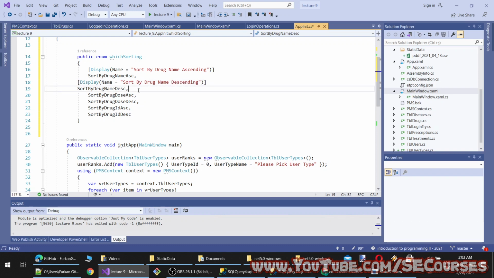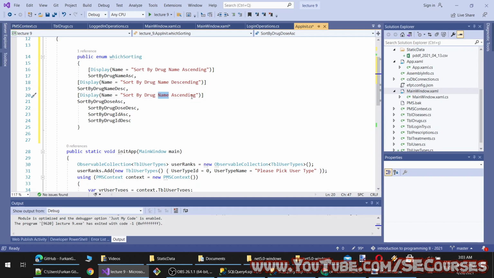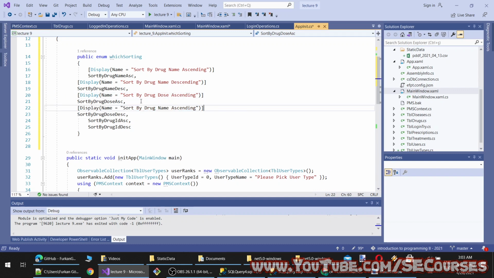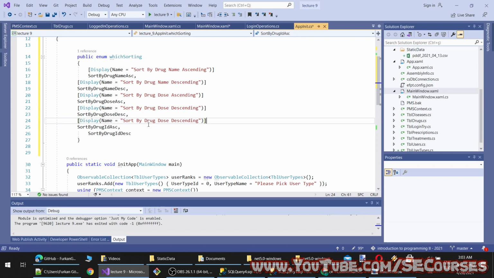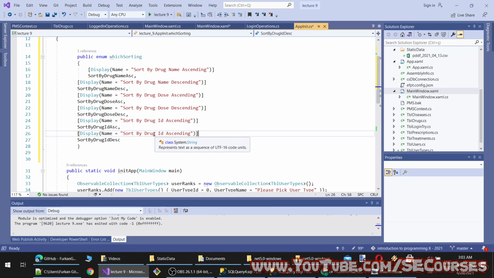Sort by drug dose ascending, drug dose descending. These annotations are extremely useful. You can use them for simply anything. And drug ID ascending and drug ID descending. Okay, so this will be their display name.